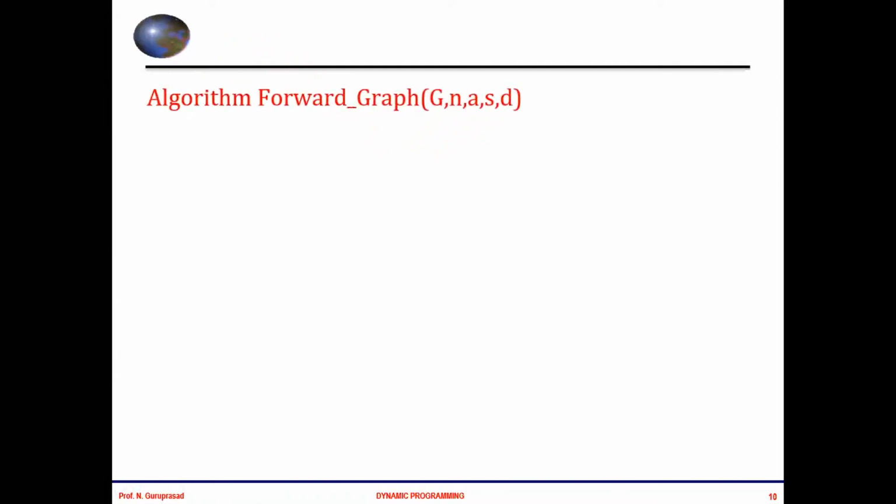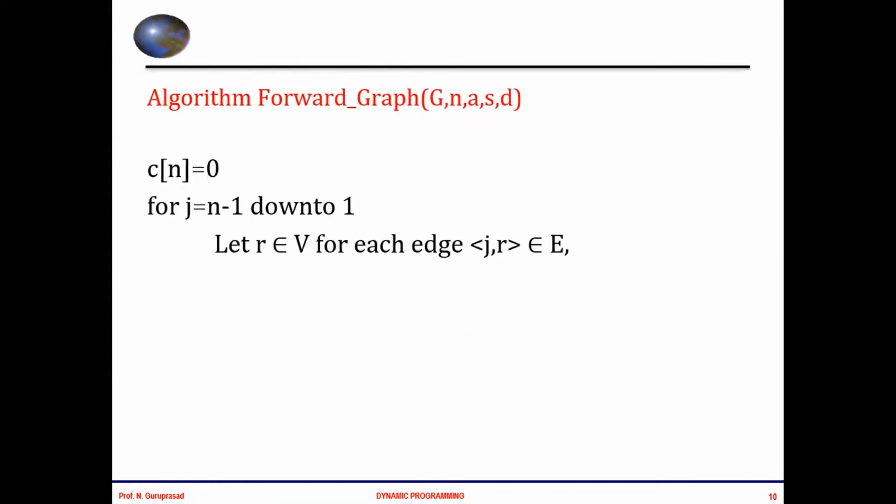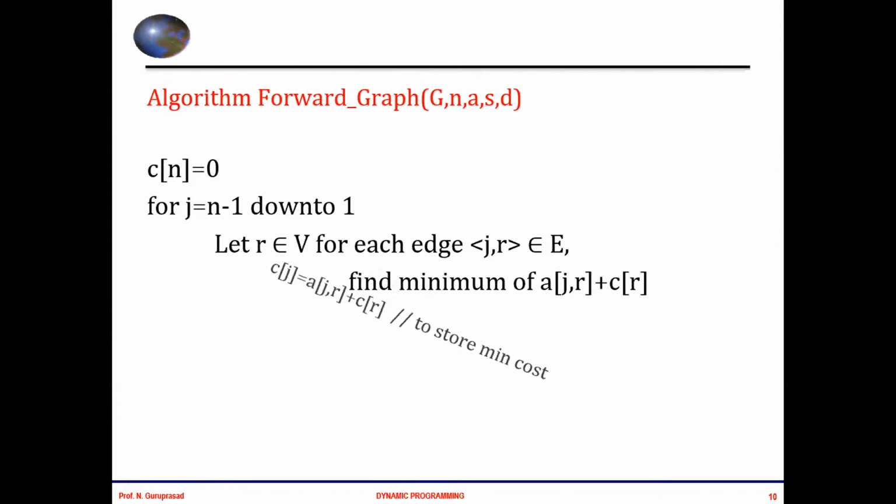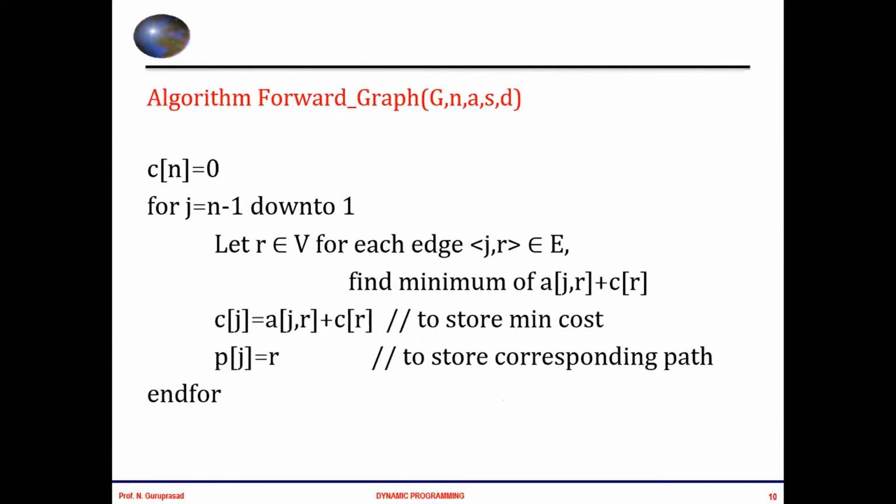So this is the algorithm for the forward graph. Don't make a note of it, just have a quick glance, and anyhow, I'm going to mail you the PPTs. We will try to solve the problem now. In the forward approach, as I mentioned earlier, the full focus is to find the path from destination to source. So the for loop will always start from n-1 down to 1. It's simple common sense actually.